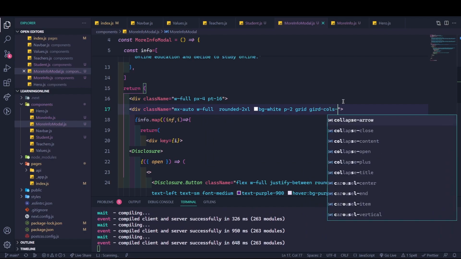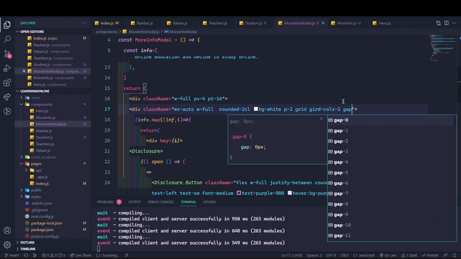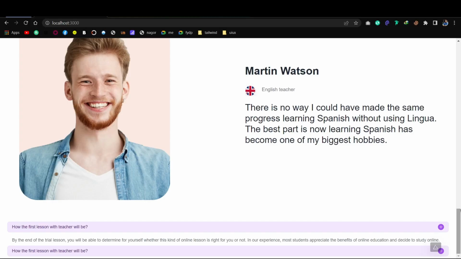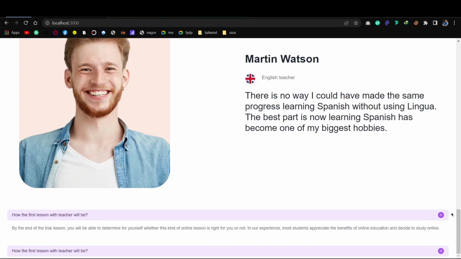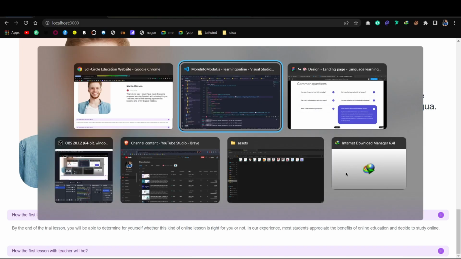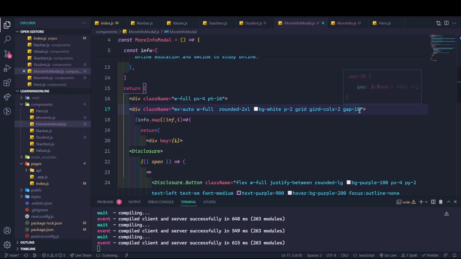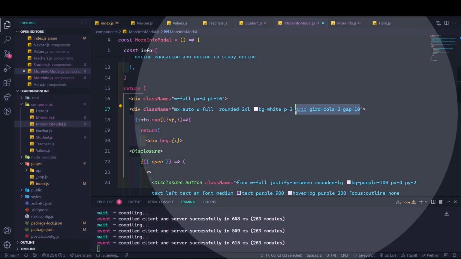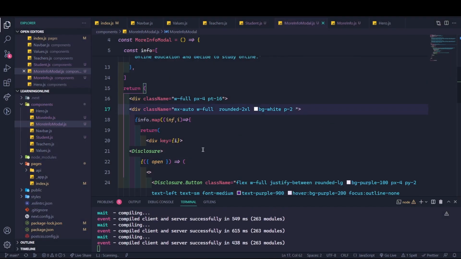Grid cols 2 and gap will be 10. Let's see. No, not working yet. So okay, so what I will do, cut that thing, and